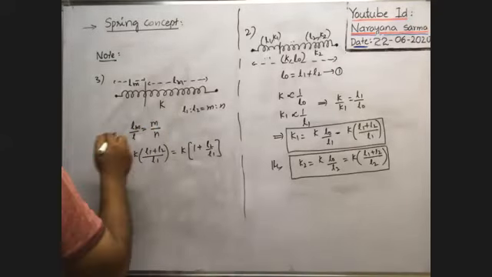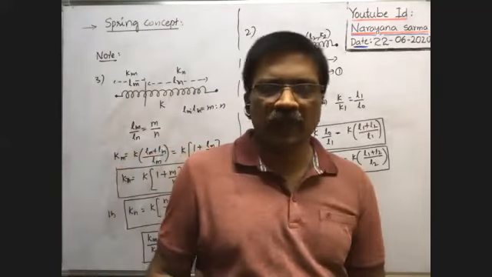Okay, therefore Km is inversely proportional to this length Lm. Kn is inversely proportional to Ln. Therefore, divide these two. Km by Kn is equal to Ln by Lm. That means Lm is to Ln is equal to M is to N, here it is N by M. So in this way also we can find the ratio of the two parts.